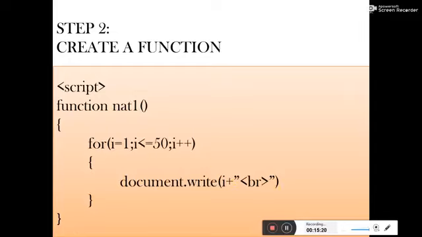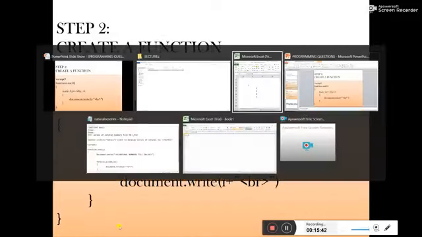Here the value of I is displaying on the screen, and a line break is also there, right? So I need to join these two statements by using the plus sign. Got it? So here the program ends, and the body tag, script tag and HTML tag close at the end. Now see the program.